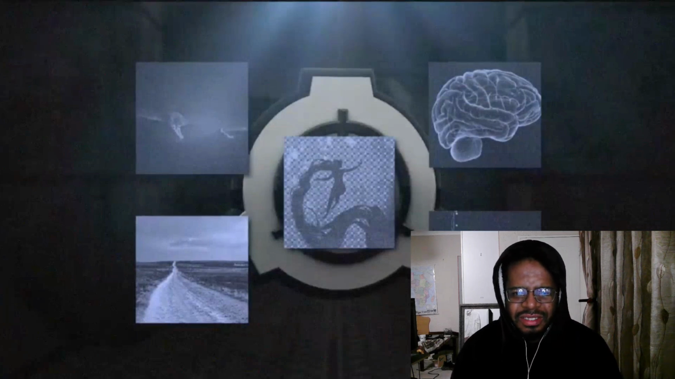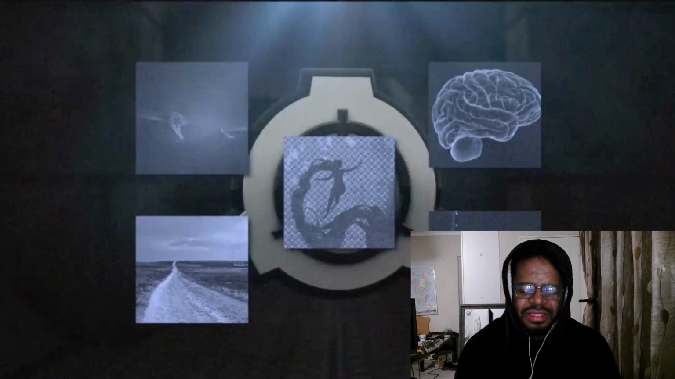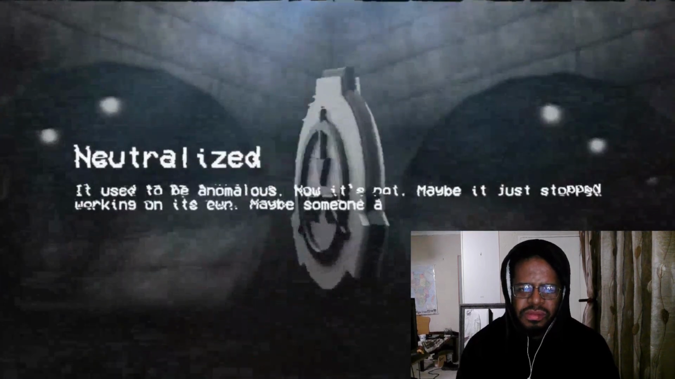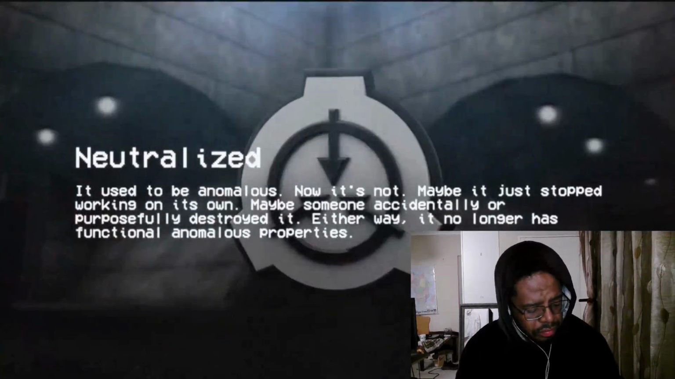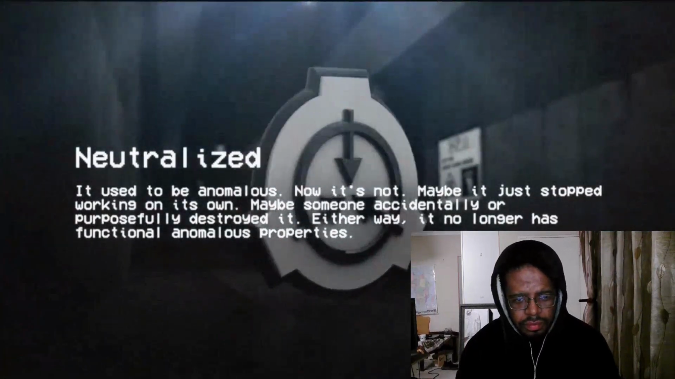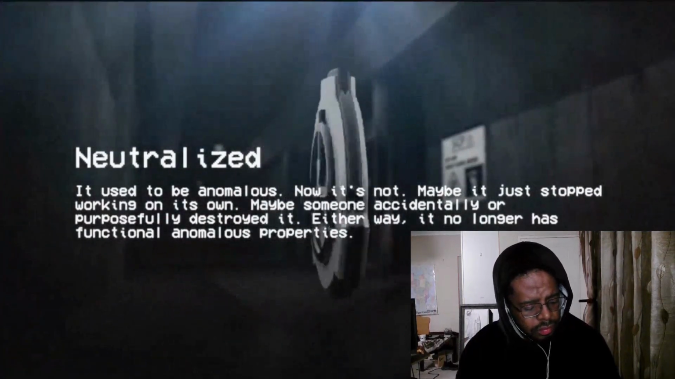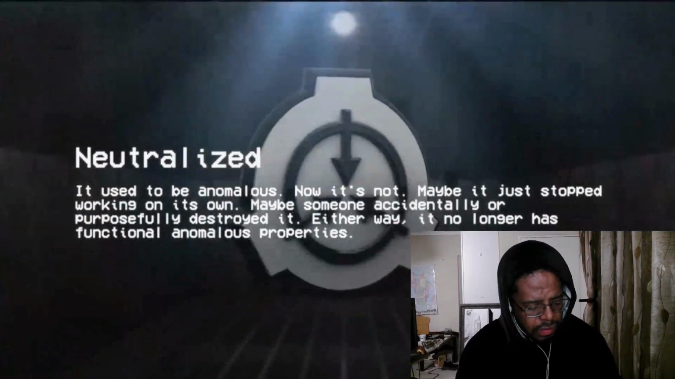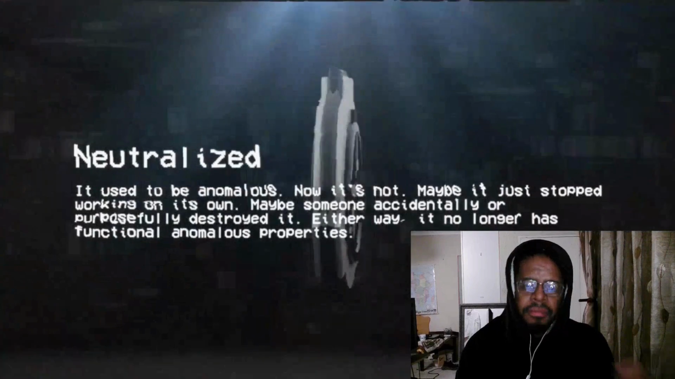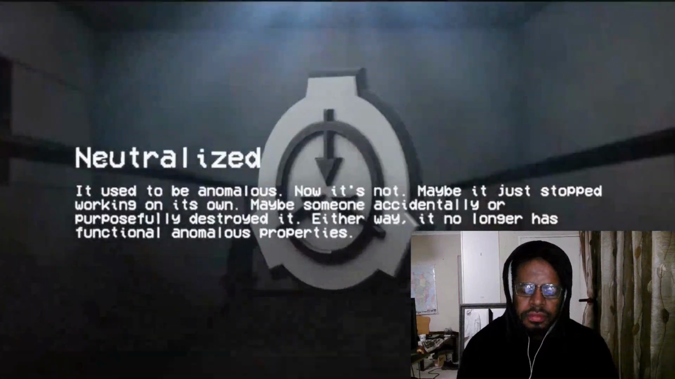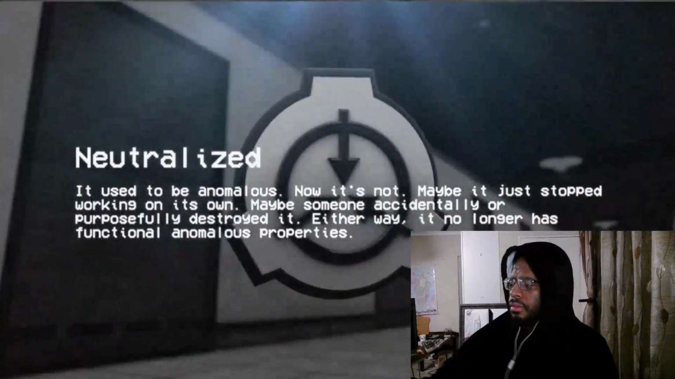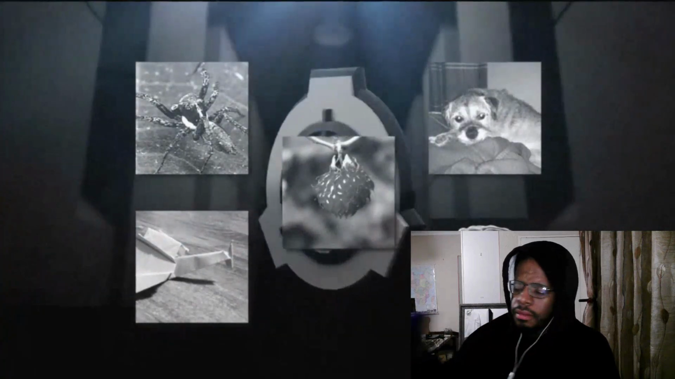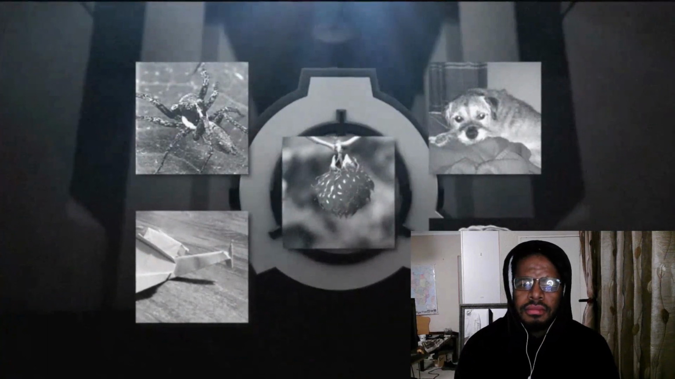SCP-3031. And finally, neutralized. It used to be anomalous, now it's not. Maybe it just stopped working on its own. Maybe someone accidentally or purposefully destroyed it. Either way, it no longer has functional anomalous properties. Some notable examples of neutralized class SCPs are SCP-1470, SCP-2682, SCP-3519,